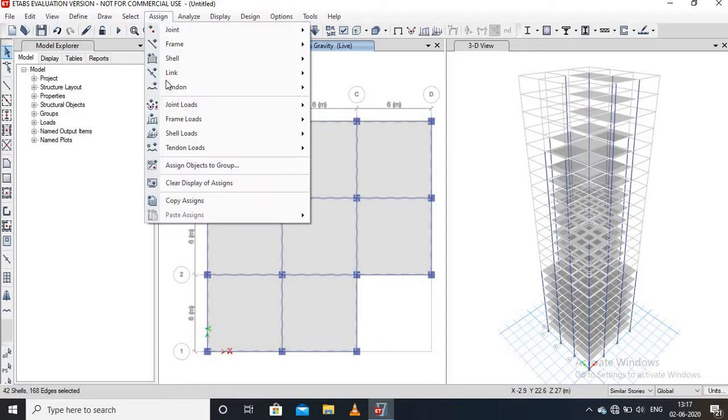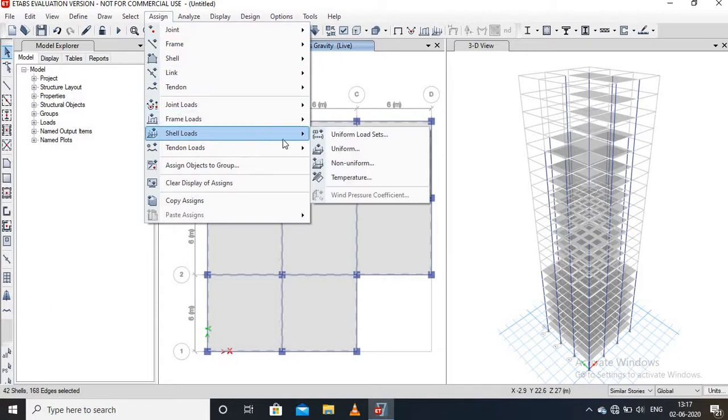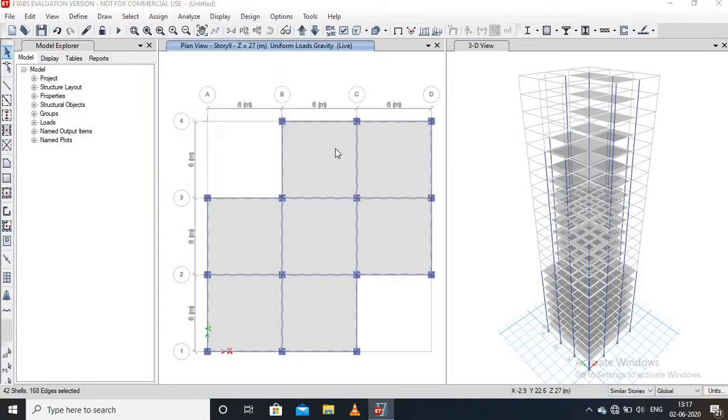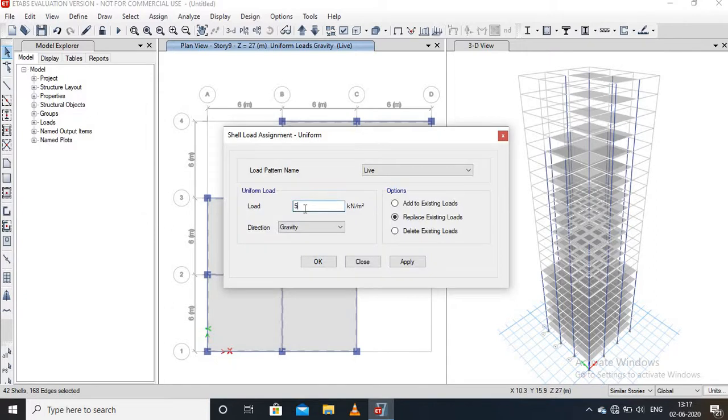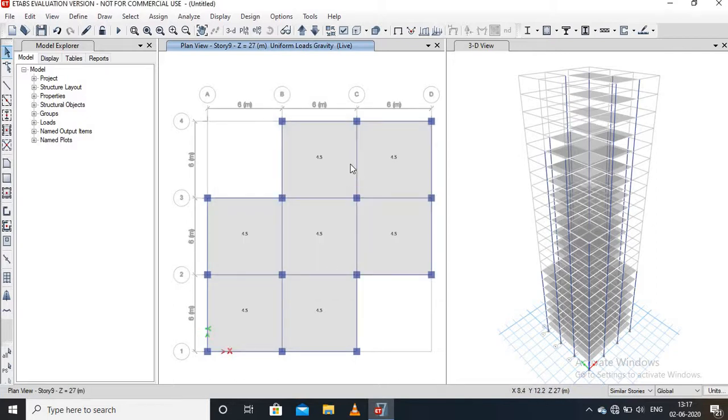Go to the assign menu and go to the cell load option. Go to uniform and change it to 4.5 kilonewton per meter square as given in the question. Then apply, then press OK. Hence 4.5 kilonewton per meter square live load is applied on the story. Then go to story number 15 and apply the live load.